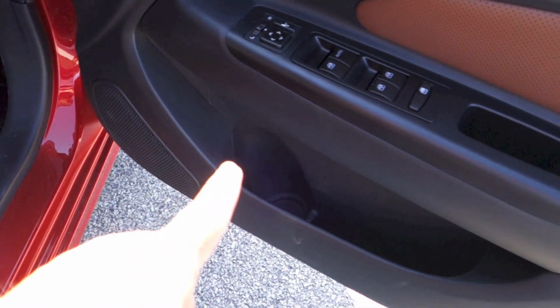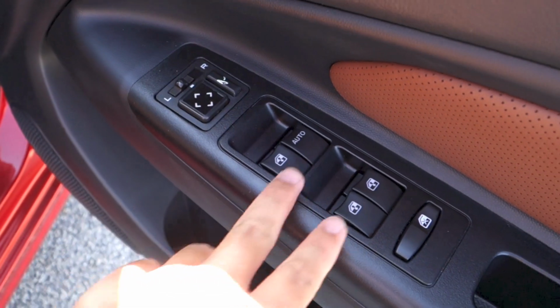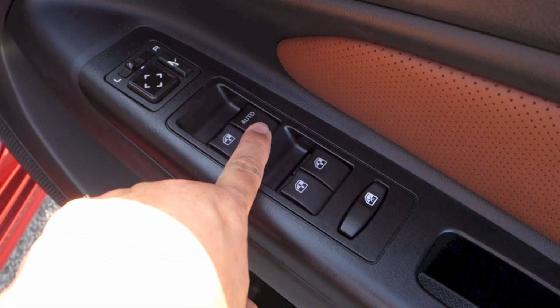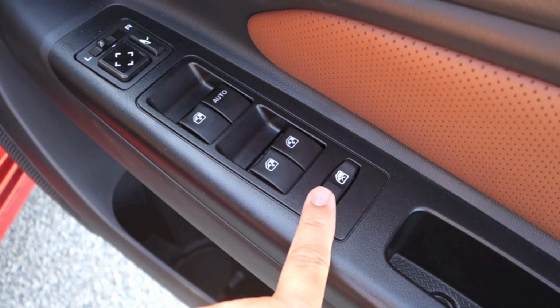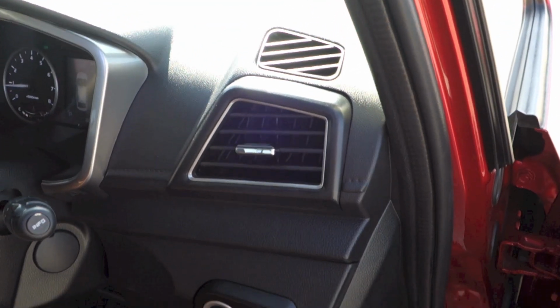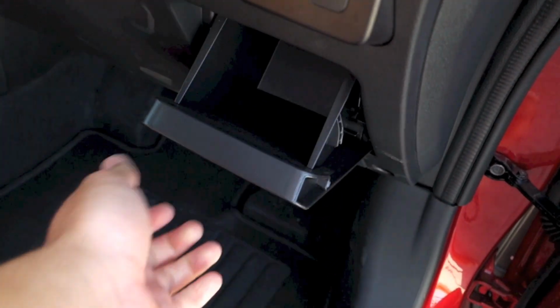Speaker, bottle holder, storage, mirror controls, window controls. All of the windows in this car are powered, while the driver's side is the only side that gets a full automatic function in both directions. Window lock, storage,